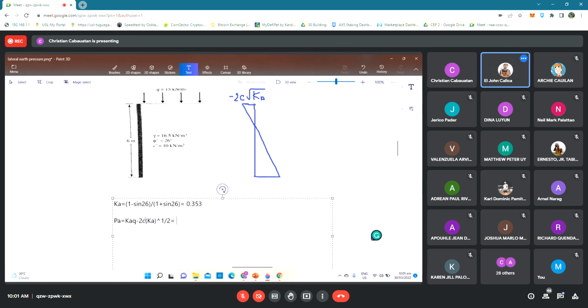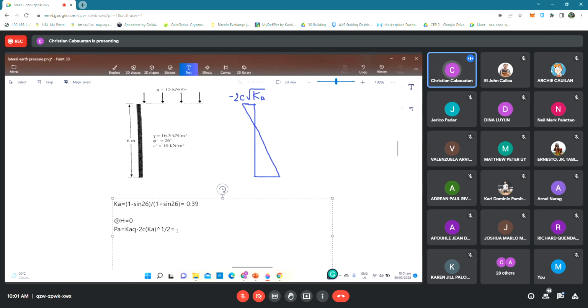Ka is 0.39. So just input that. At the top, where the height is equal to 0, so you won't get confused, at height equal to 0 meters, therefore, it is equal to